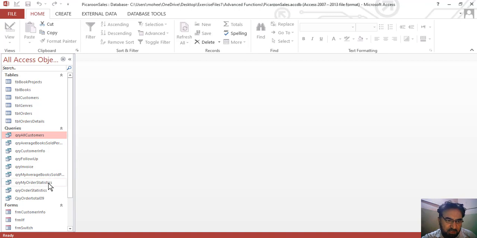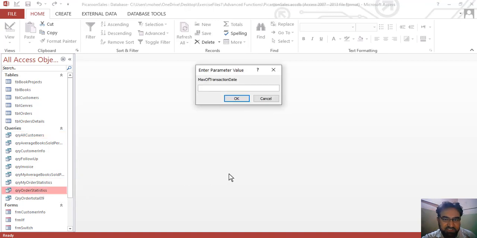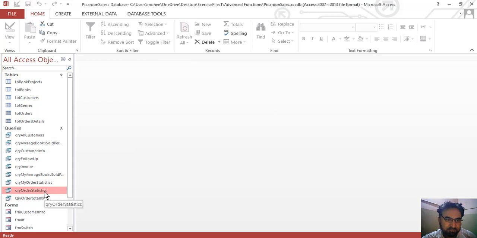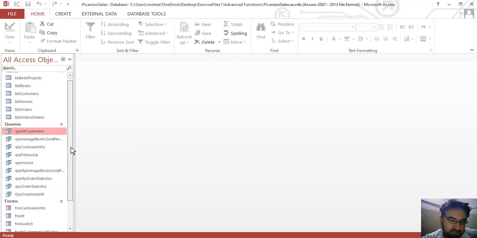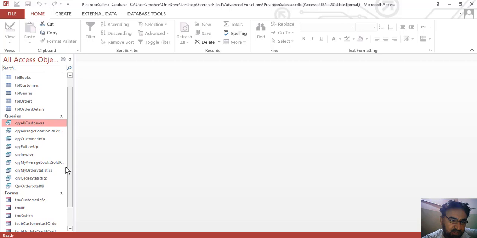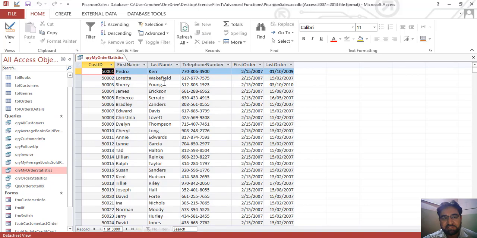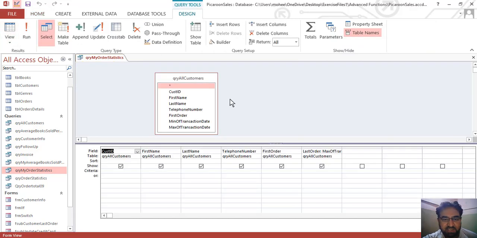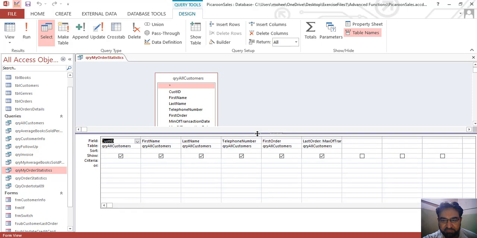To demonstrate the DateDiff function, we'll be using one of our queries, QRY my order statistics. And here we can see that we have added fields customer ID, customer name, customer last name, telephone number, first order, last order. Let's move to the design view and look at the fields. These are the fields that we have added to this query.